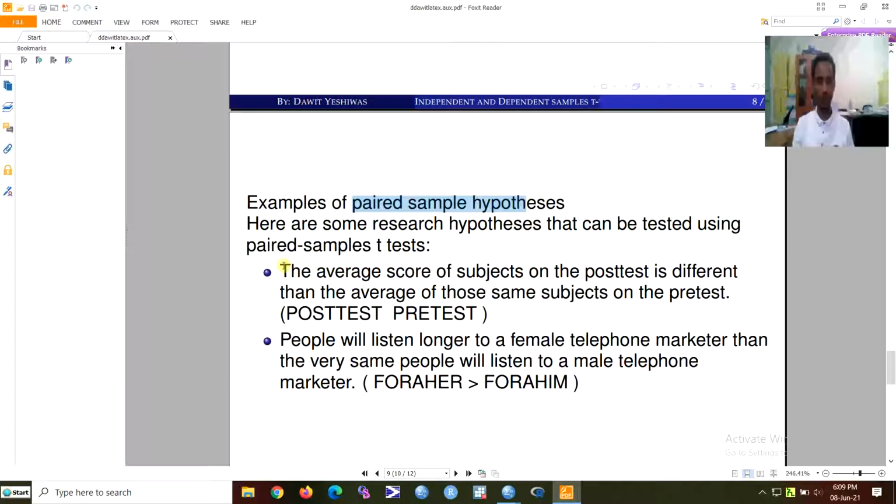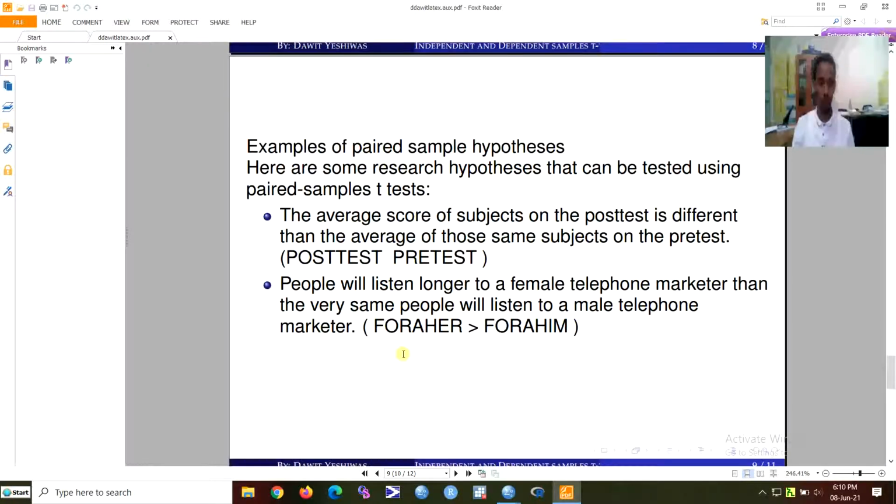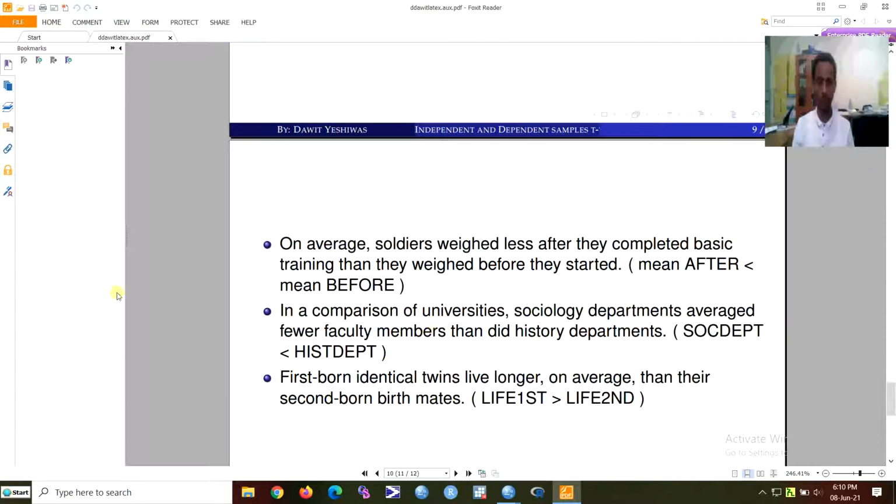For example, the average score of subjects on the post-test is different than the average of those same subjects on the pre-test. So we may compare the average test result for post and pre-tests. Or people will listen longer to a female telephone marketer than those very same people will listen to a male telephone marketer. That can be another scenario. Or on average, soldiers weigh less after they complete basic training than they weigh before they start training. After training, before training, can be